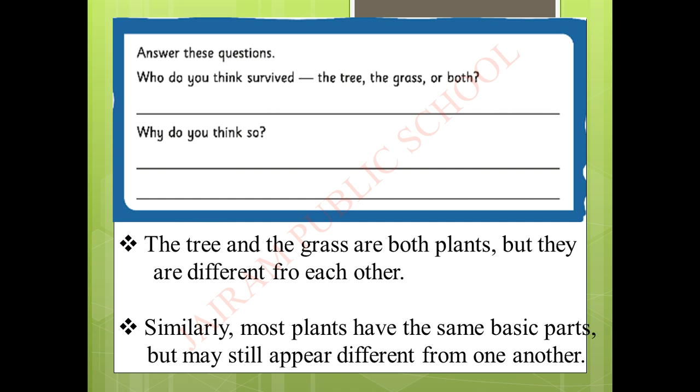You can write that the grass may be strong. Next, or else the branches of the tree might break during a storm. The tree trunk will remain as it is, strong. However, the grass might get uprooted and fly away because it is small. So you may think that the tree may be strong and the grass may be uprooted.